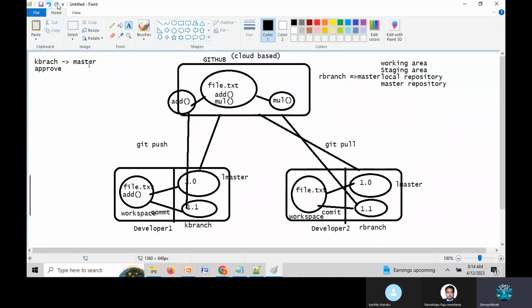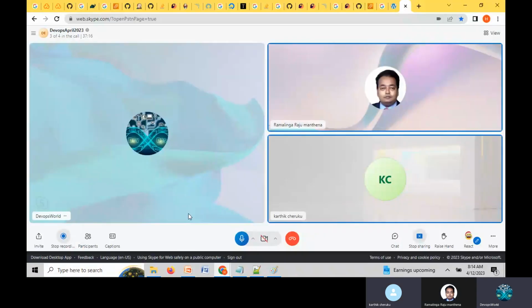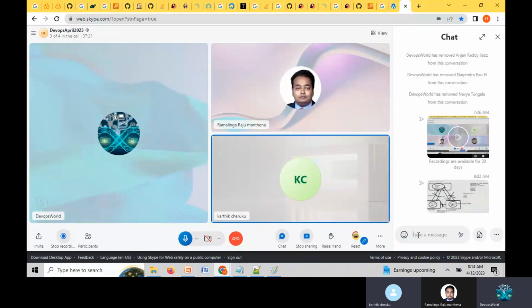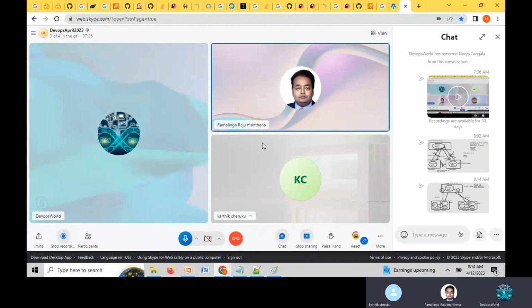So I am sending this diagram. Just understand the two diagrams. Tomorrow Arvind will also join, and once Arvind joins, I will explain the distributed version control system one more time, and we are going to install it on the local machine and do the practicals. Whatever things we explain, we can go over in the practicals. Got it? Clear, Karthik and Ram? Yeah. Merge function also we can see practically?